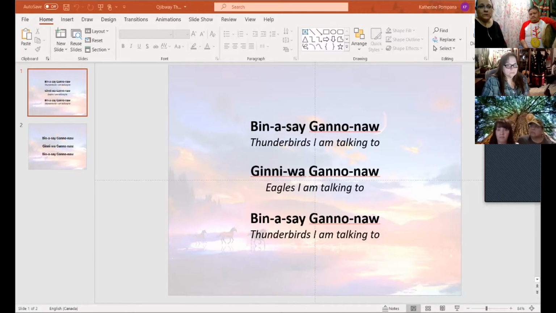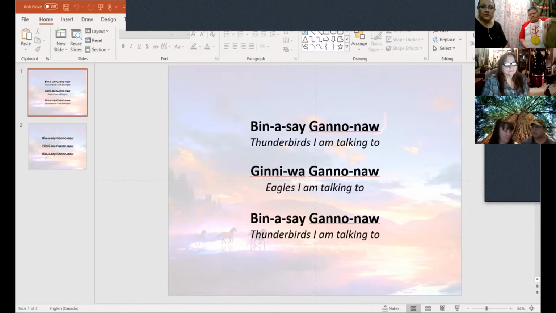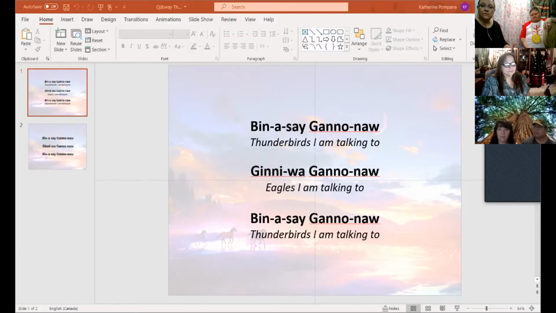And that's what we'll do every time when we bring some songs. We'll do it in the same manner, because we want to make sure that we're not just singing a song, but we're giving these songs, because our songs are meant to be shared, right? And so if we can share these songs, if they were given to us to share, then we will, and we'll share them in this manner.